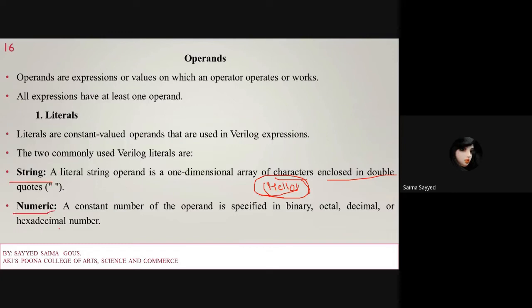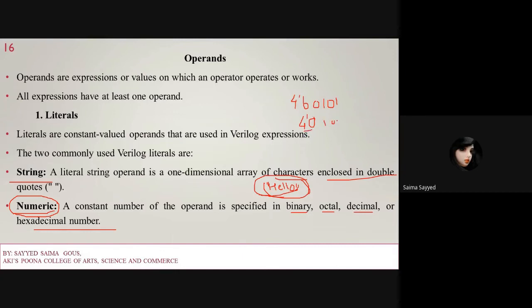Then numericals, where we can pass a numerical value. The numerical value can be a binary number, octal number, decimal number, or hexadecimal number. We have seen binary numbers, how to define a binary number: here 4 represents how many bits there are, then b for binary, then 0101. For octal you have to write o, that means it is representing an octal number.